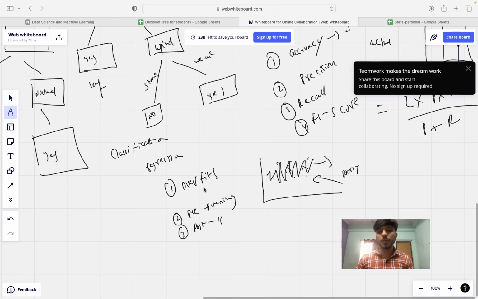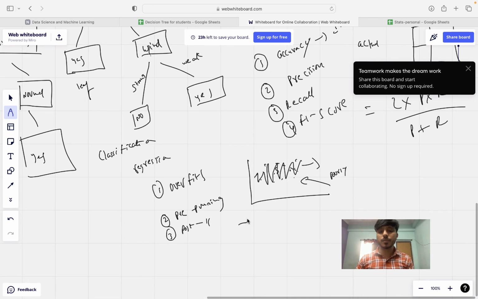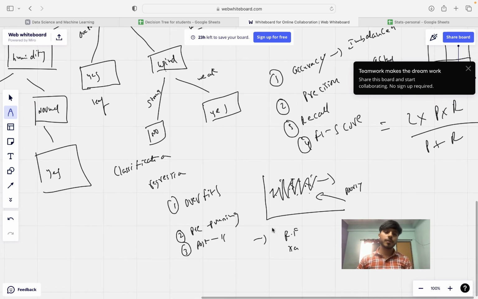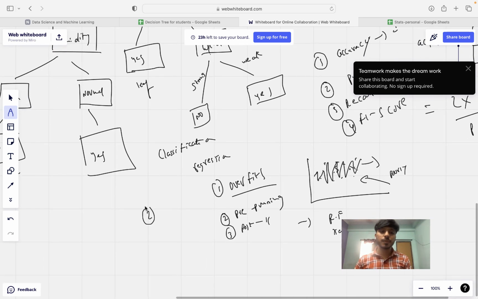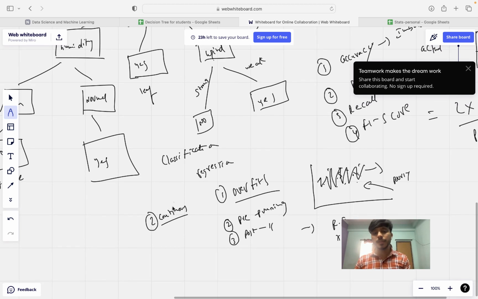But if you don't want to apply these two techniques, you go for the advanced tree techniques such as random forest or XGBoost or gradient boosting or AdaBoost trees. Okay, so that's the major problem with decision trees. And also, if you have continuous variables, then it takes a lot of time, and also it does not perform that well compared to other algorithms. Okay,